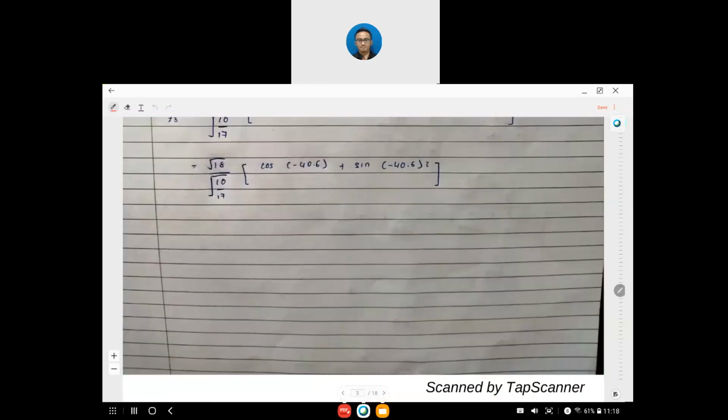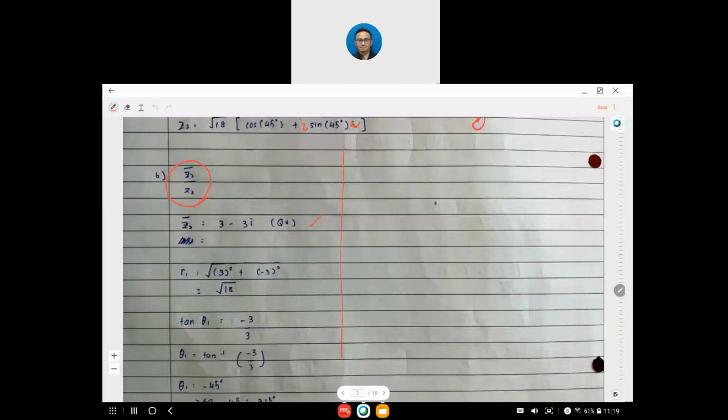Supposedly, you need to solve Z2 bar over Z3. Okay, Z2 bar is 3 minus 3i divided by Z3. What is Z3? Z3, 3 minus I. 3 minus 3i divided by 4 minus I. So when you solve this one, we can get